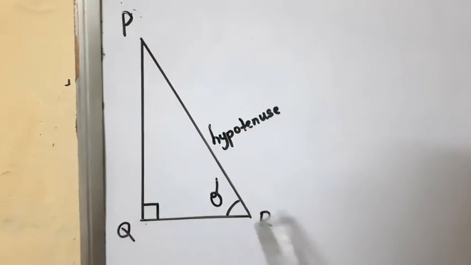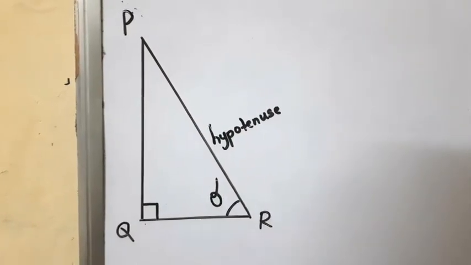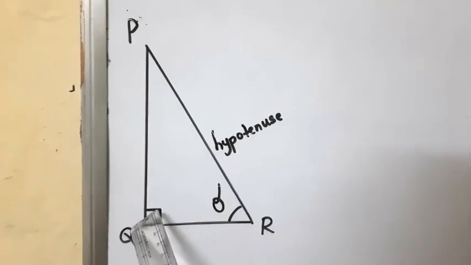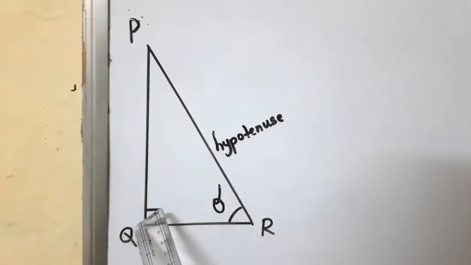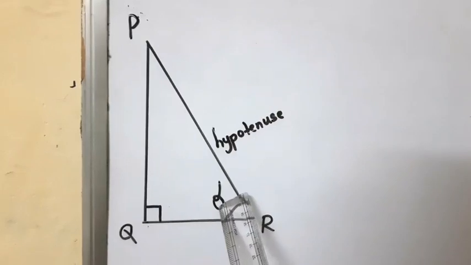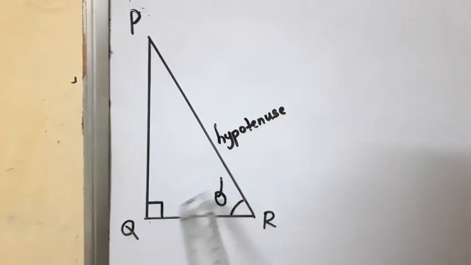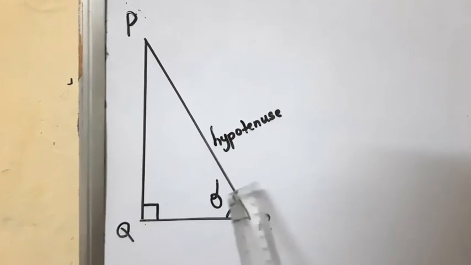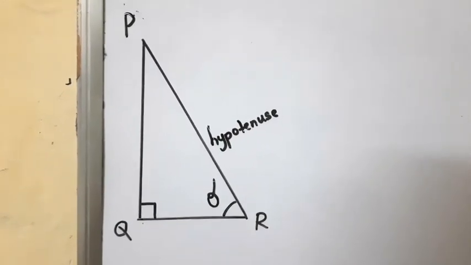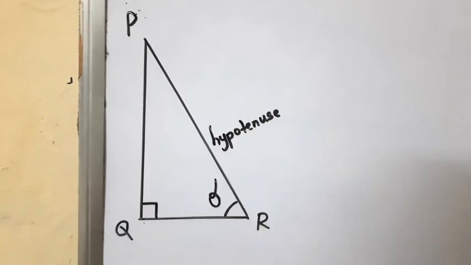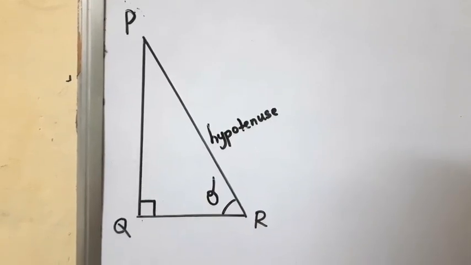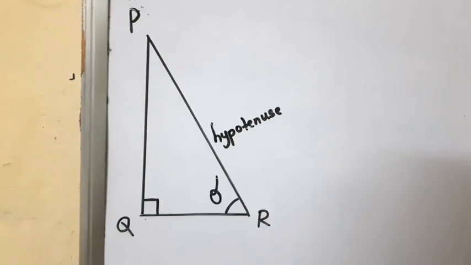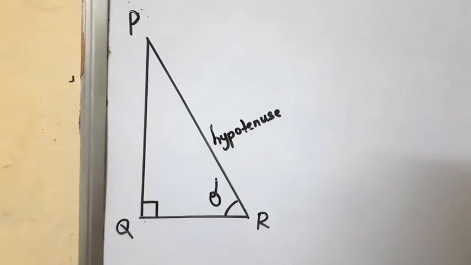If you are taking angle R as theta, then we have side PQ as the opposite side of angle theta and QR as the adjacent side of angle theta. So in this chapter we are going to learn about the opposite side of an angle, the adjacent side of an angle and the hypotenuse